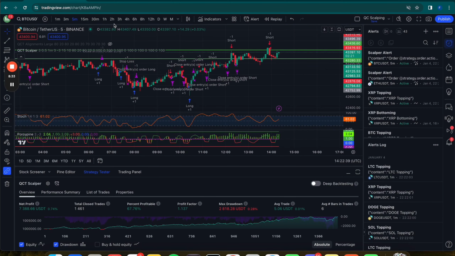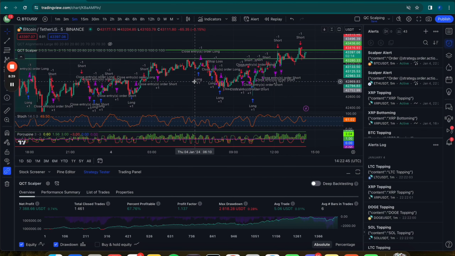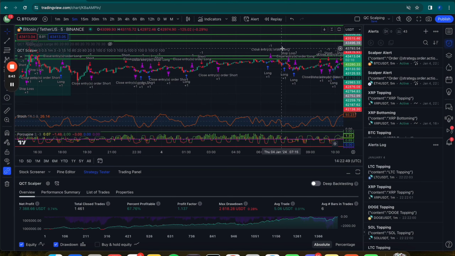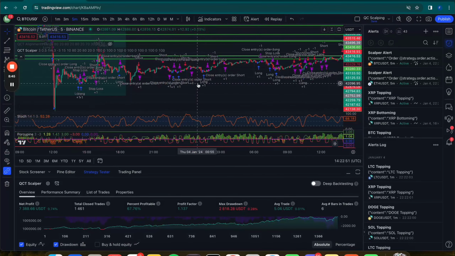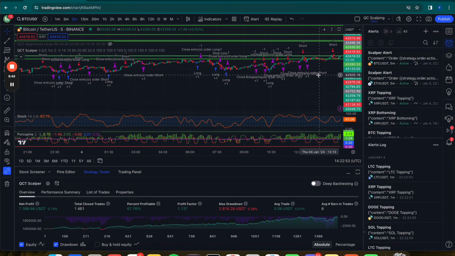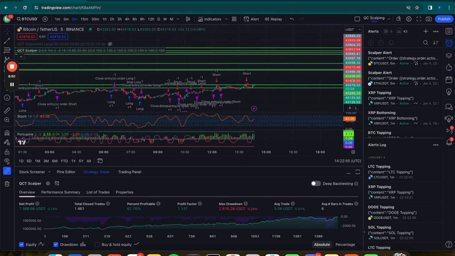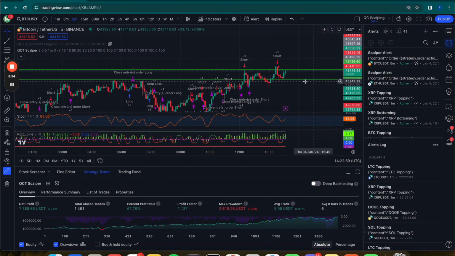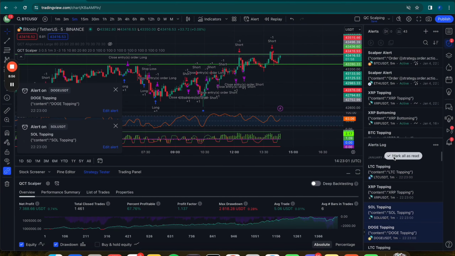Just looking at the scalper here, looking pretty good. Just working as always, especially now in a range after the big drop. It's just going to work really well. It's at an all-time high right now. So yeah, always good to just check it out every once in a while. All right, so